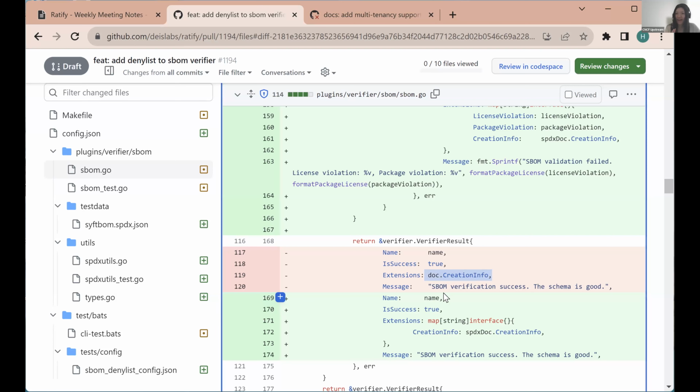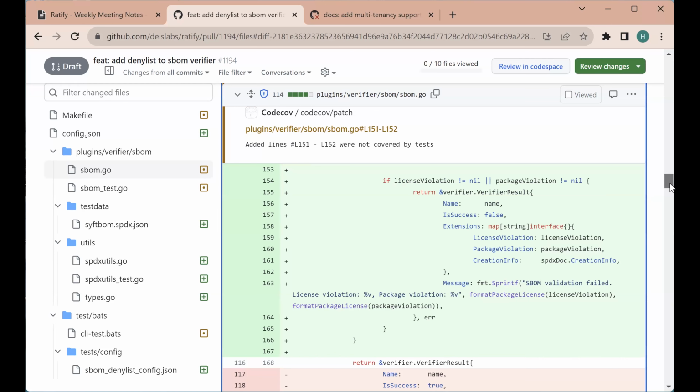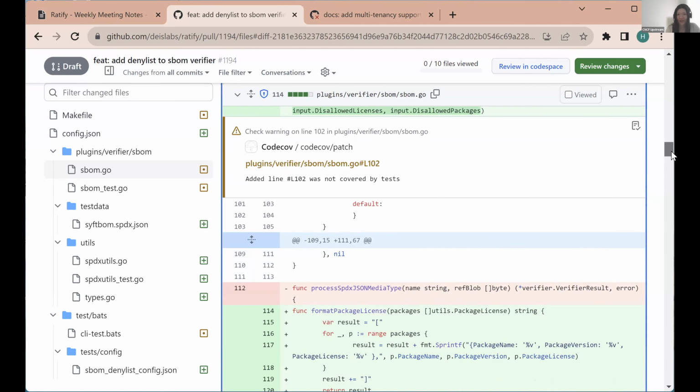But I think, assuming this is more like the SBOM v1 plugin, it's more like a demo. I think it shouldn't break anybody. I think it's fine to change the structure of the extensions property. Yeah, I'm not sure who's actually using that. I think it's a reasonable assumption. Yeah, I've left the message the same, the schema is good. Okay. And also the other point to point out is,